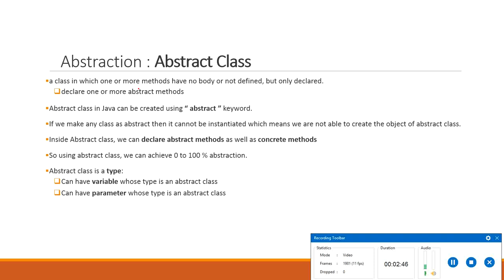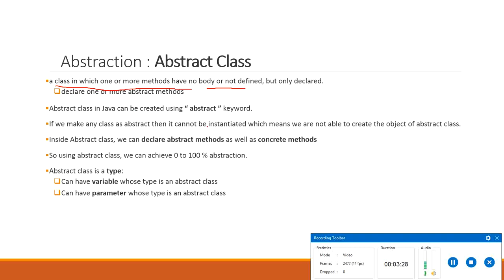Now, what is an abstract class? There is a difference between a normal class that you make and an abstract class. An abstract class is a class in which there are one or more methods, but the methods do not have a body or definition, they are just declared. So in an abstract class, you declare the methods without their implementation. That means you just declare the return type, the name and the parameters of the method, but you do not provide any implementation details of the method inside the abstract class.